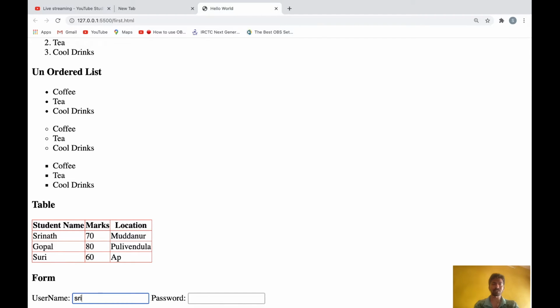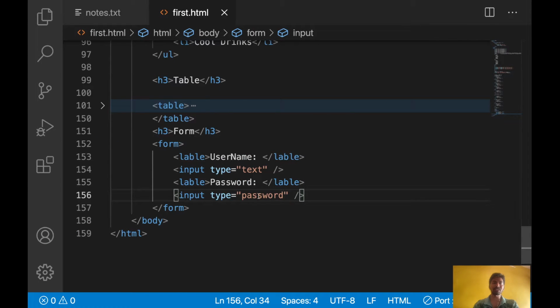Let's say I'm typing something here, it will not appear to you because that is sensitive information. Other users should not see while typing. Let's say I'm typing my password, you people are seeing my live, so you should not see my password. So this password will look like this one. That is the difference between type text and type password.